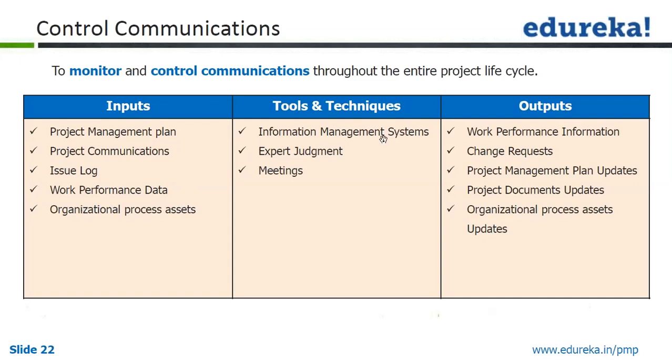Tools are the information management system, expert judgment, and meetings; I need not discuss those. So what you get is work performance information. Essentially, is the project communication happening as per the communication management plan inside your project management plan? That gives you work performance information with respect to controlling communication, or the communication that happened for the project